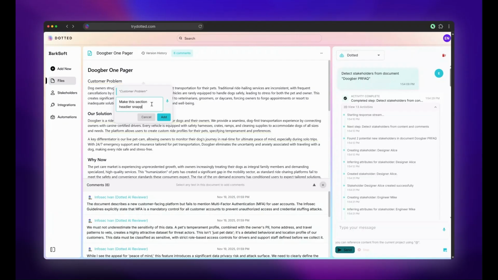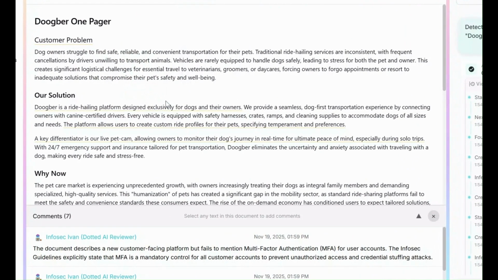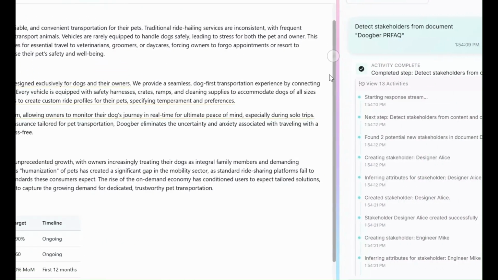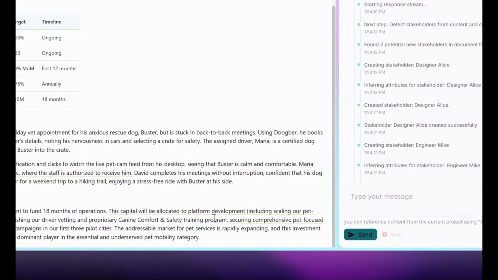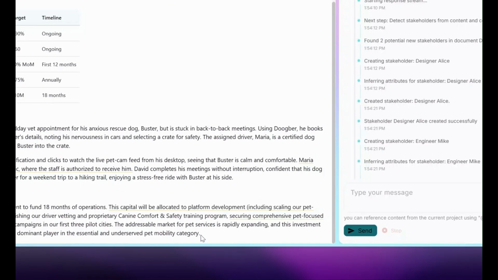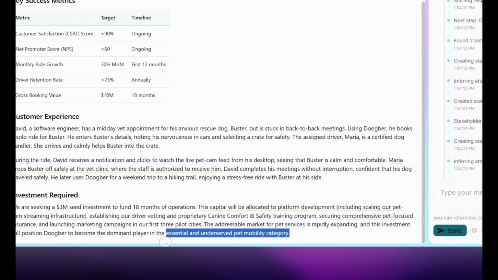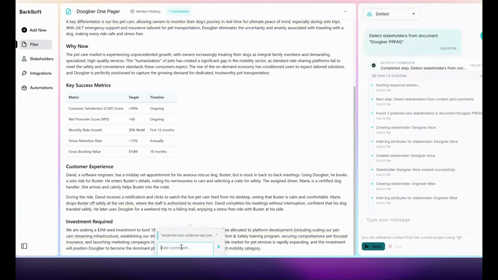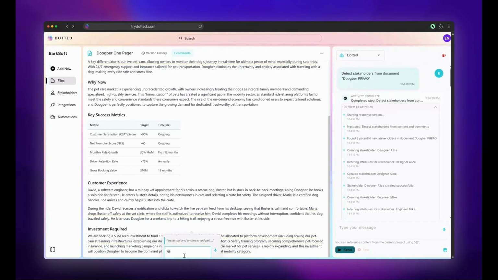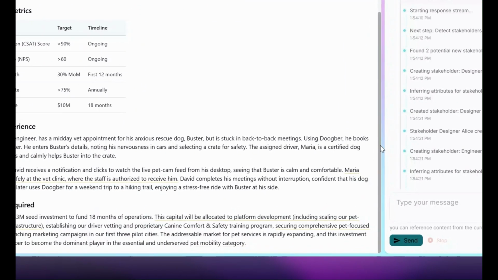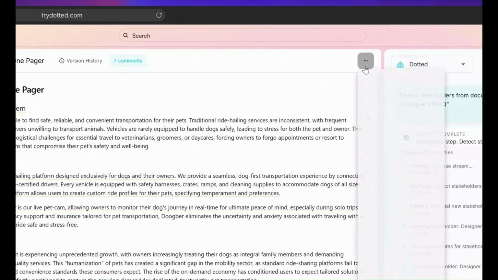You can also put in comments like I'm doing right here on your own at any point in time to tell Dotted what you wanted to do. So the idea here is that this replaces the AI way of working where you'd type in chat, I want you to do this, I want you to do this, I want you to do this. Instead, you work with Dotted the same way that you would work with any other person who works for you. You would just put in comments. Hey, this is my note about this. I'd like you to change it, et cetera, et cetera.